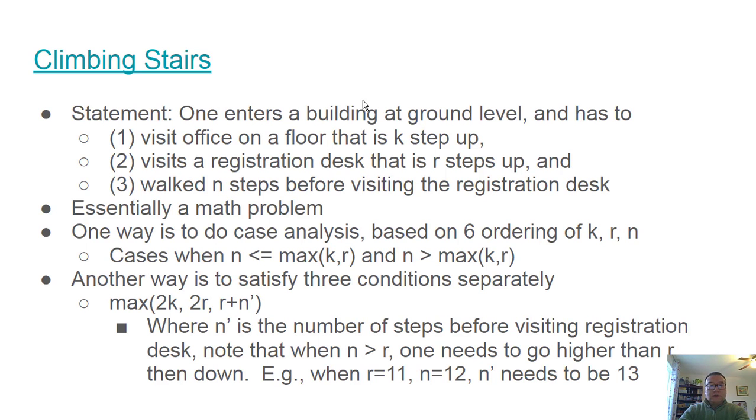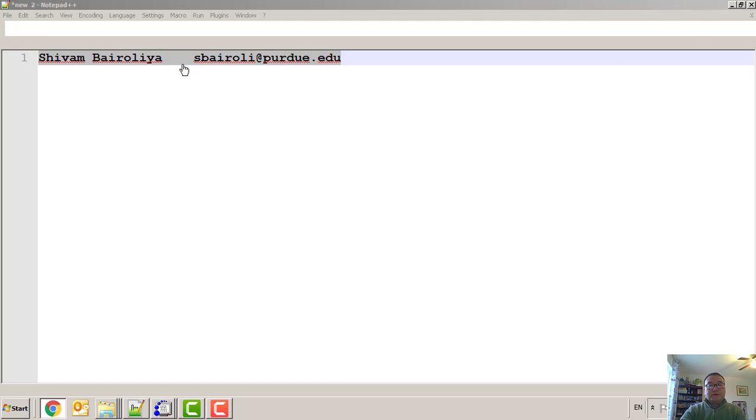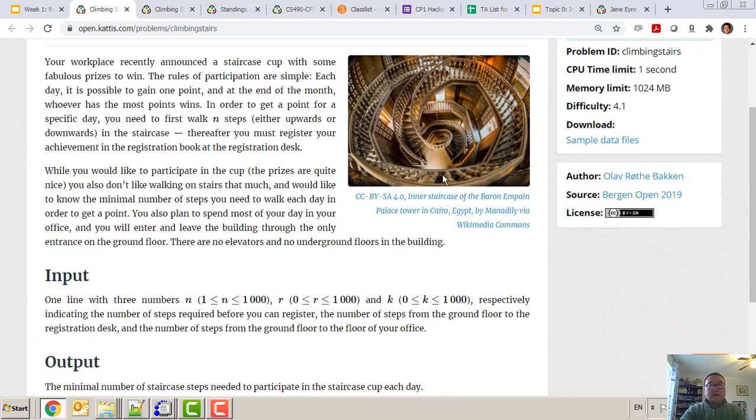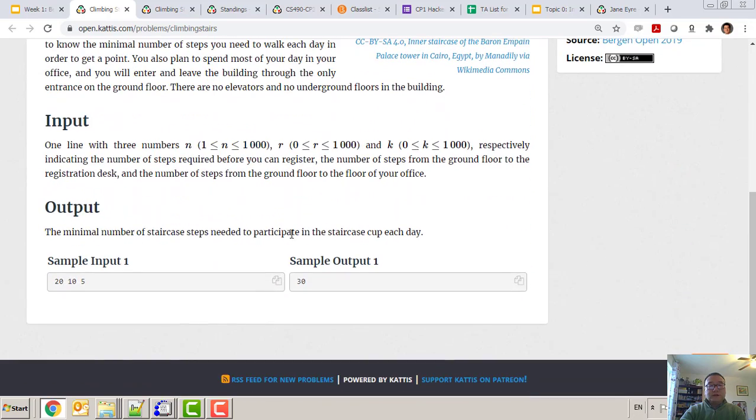Now let's look at this problem called climbing stairs. So this is a relatively easy problem. I think it's among the problems that are solved by most teams. The programming part is fairly straightforward. I guess the toughest part is actually to understand what the question asks. If you read the description, it takes some time to understand what it means and even to understand how